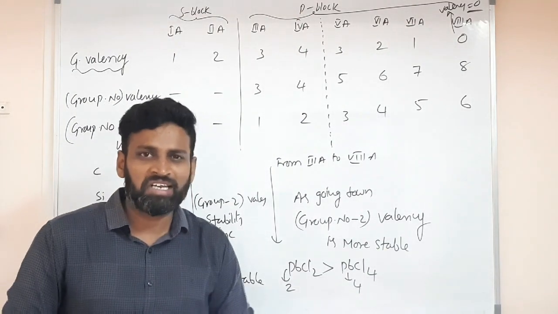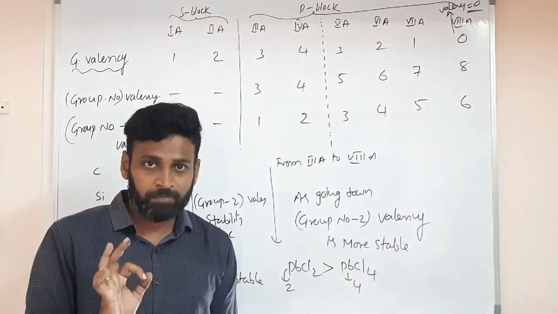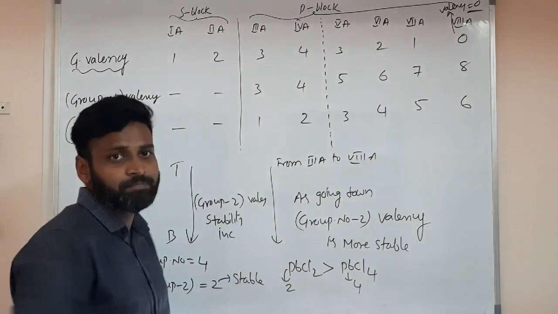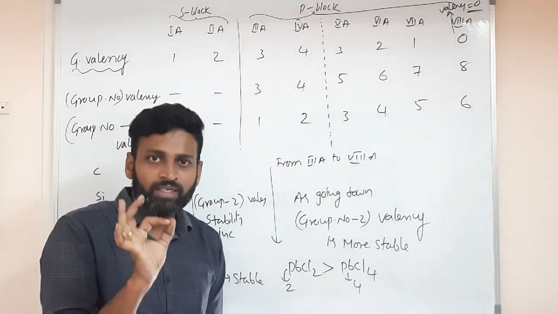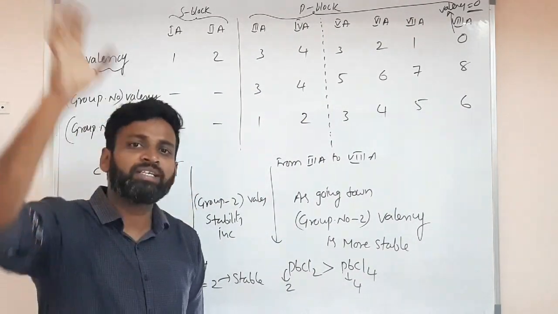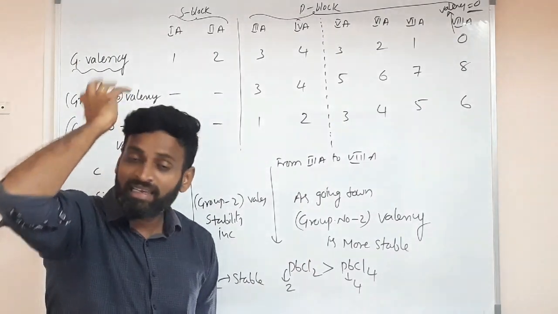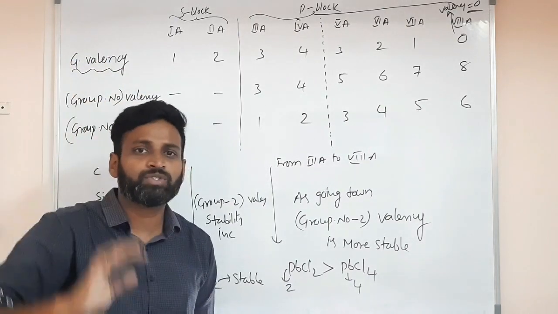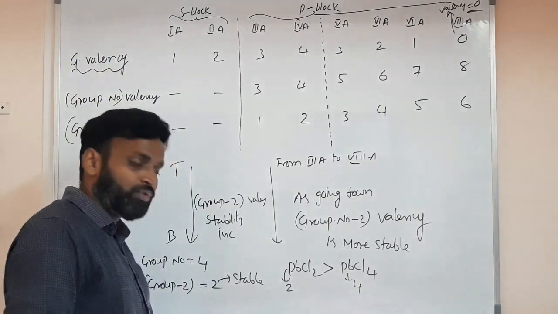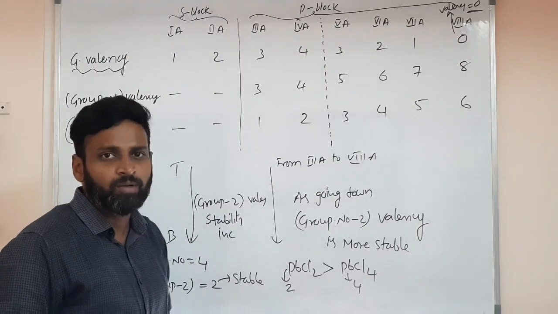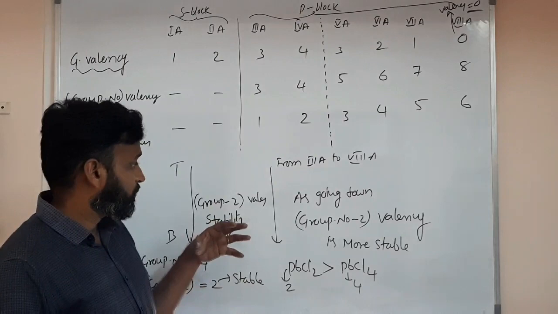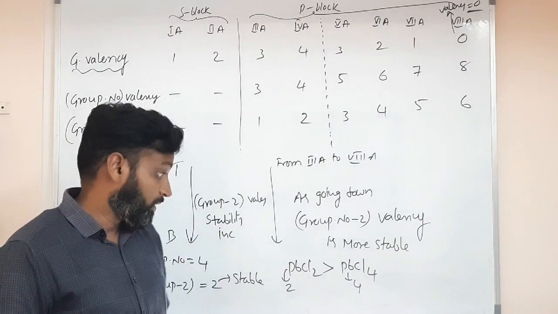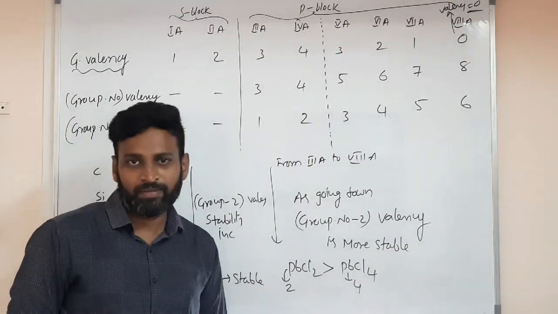Why am I repeating this many times? Inorganic chemistry is completely based on electronegativity and valency. That's it. If you understand valency, you can understand many chapters in inorganic chemistry, like chemical bonding, hydrogen compounds, S block elements, P block elements, all chapters. So please, if you have any doubts, feel free to ask. No problem. I am ready to explain. So if you want, sir, this example, you repeat, meaning I explain, no problem. But you must know all these things very clearly.